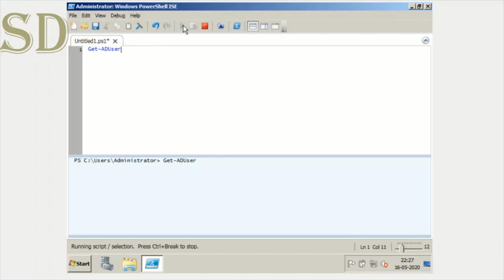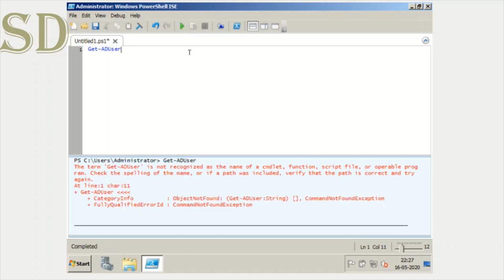It got executed and shows me an error: the term Get-ADUser is not recognized as the name of a cmdlet. So what does that mean? That means this Get-ADUser command is not available in the PowerShell ISE yet.